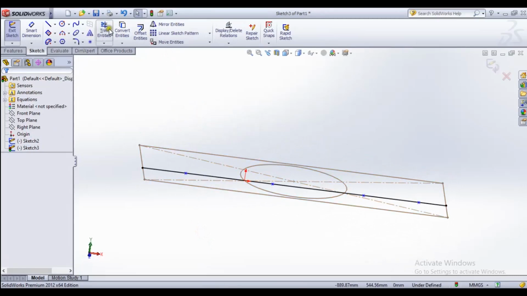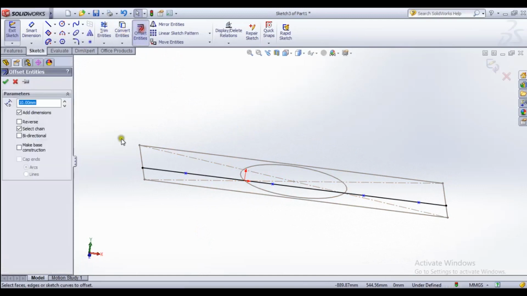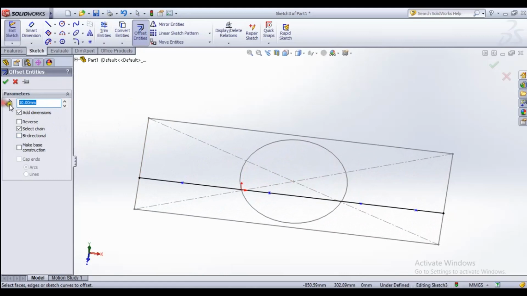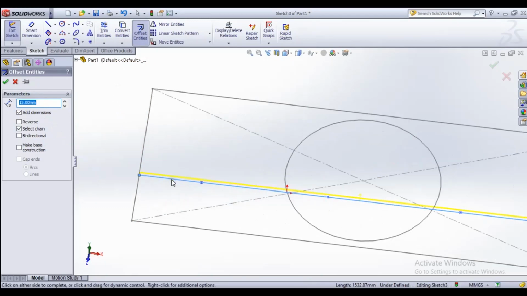Convert entities tool is okay. Now offset entities. How do we use this offset? When we want to offset 15 millimeters from this line, I select the offset entities tool, then enter the amount of millimeters, then select the line. It shows